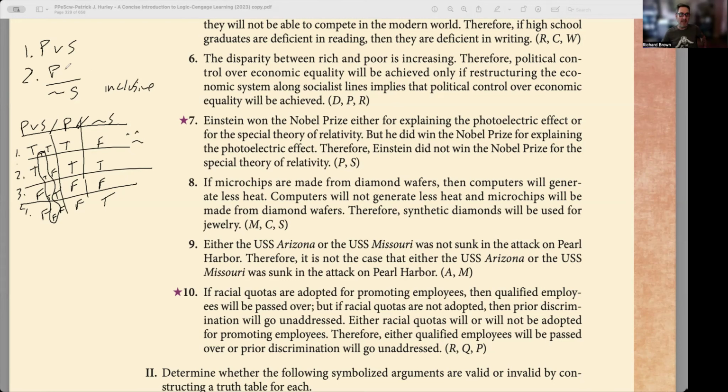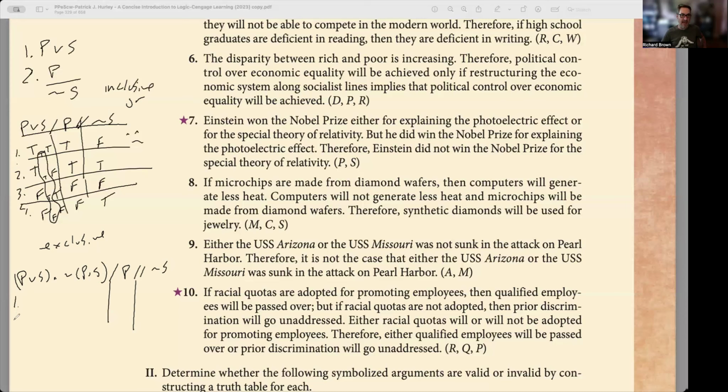Now, if you really wanted an argument form like this to be valid, you would have to amend the first premise so that it was exclusive or. So this is what you would get with inclusive or. If you wanted to have exclusive or, you would have to change this first premise to say that he won it for one or the other, and it's not the case that he won it for both. So this says P or S and not both P and S. Then we would have P here and the double slash for tilde S. So if that's what the argument looked like,